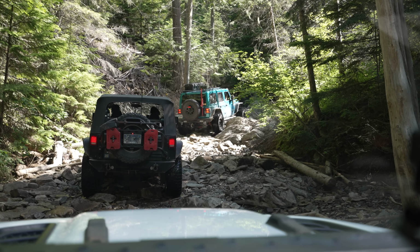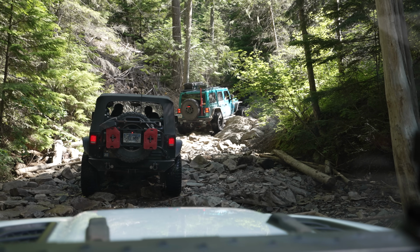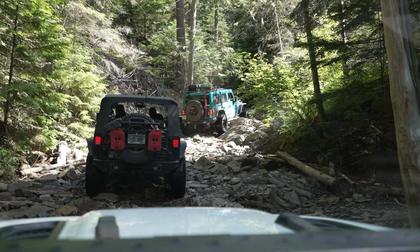Come up through here, believe it or not, if you keep your passenger side tire kind of on that bank, it won't dip you into that rock. It didn't take